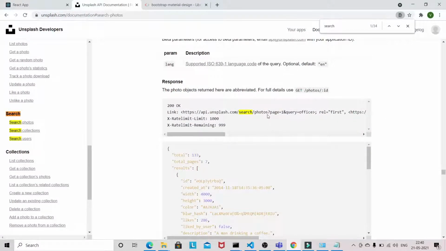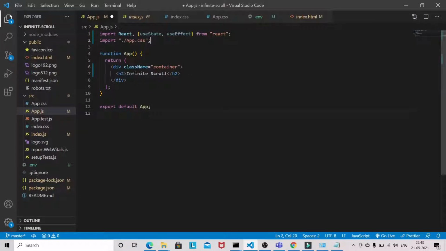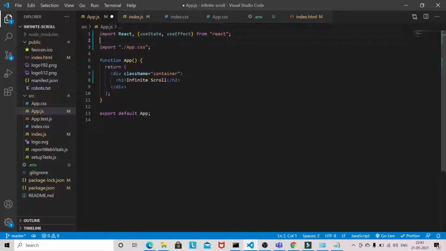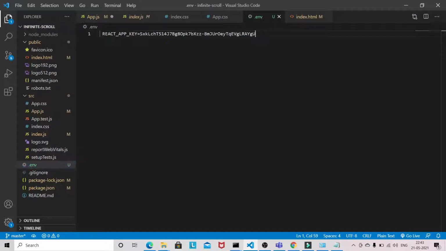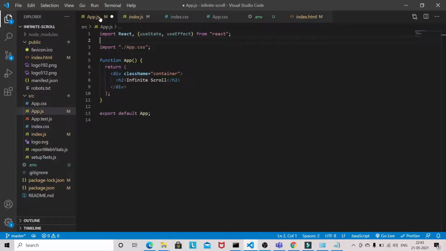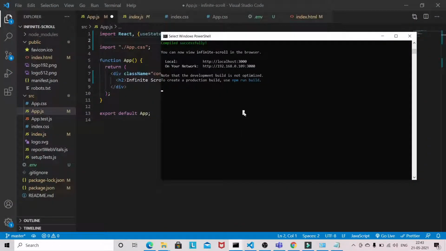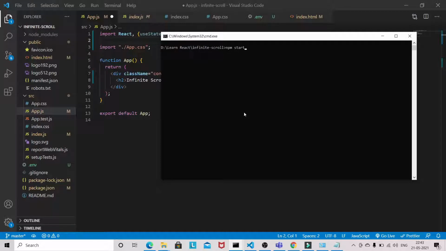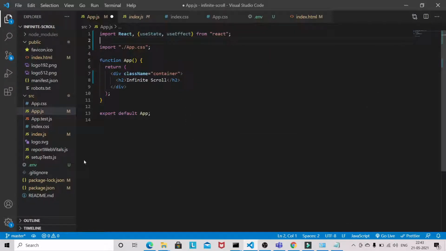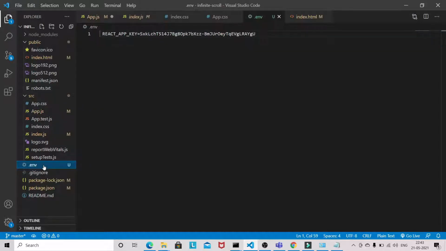Since we have added the environment variable, we have to restart the server. I will restart the server because we have added the environment variable.